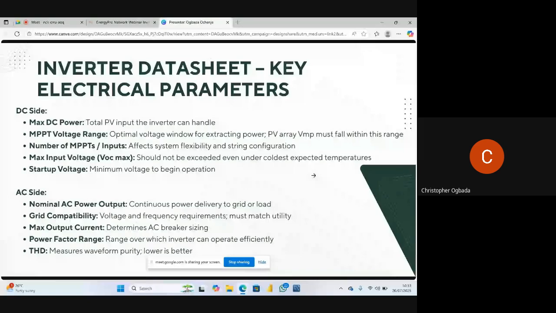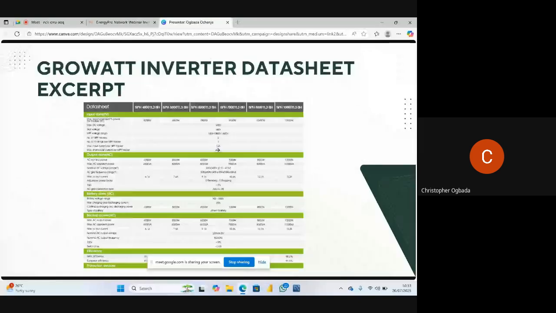So let's take note of that. Usually for pure sine wave, the THDI is supposed to be less than 0.3 percent, within 0.3%. When it is getting too high, you know that your inverter is already deviating from a pure sine wave to a modified one or whichever, but the purity of the waveform is decreasing when your THDI is going up. Now this is the data sheet of a Growatt inverter. You can see.